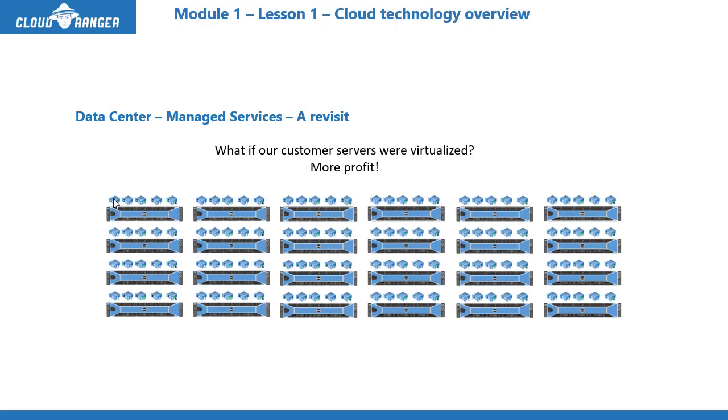1, 2, 3, 4, 5. That means 10, 15, 20, 25, 26. So rather than all this space, I could fit this organization with only 4 or 5 servers. That means the rest of the stuff I could sell to other tenants or other organizations to host their stuff. That means I have less hardware, I have more tenants, and I'm charging them a certain amount of money. That means I'm definitely making a lot more money with the existing hardware I have here.